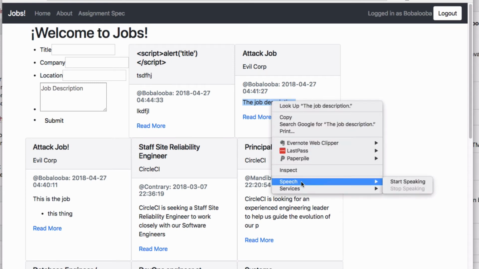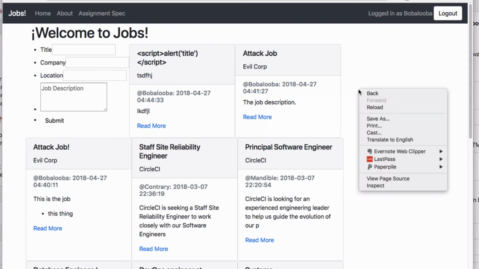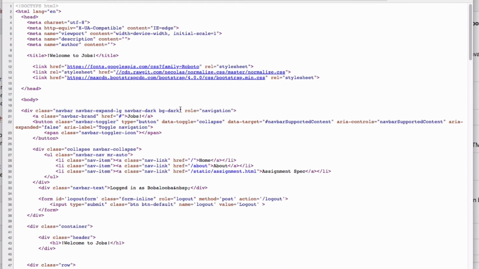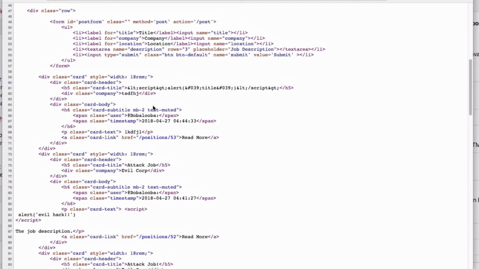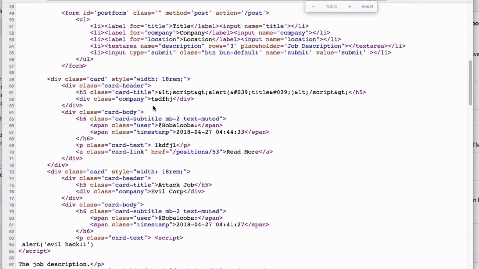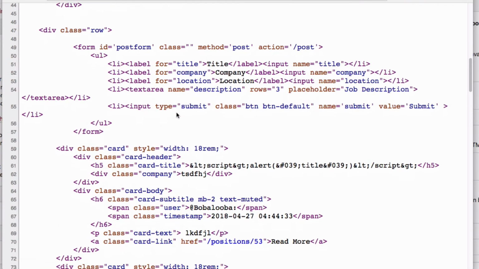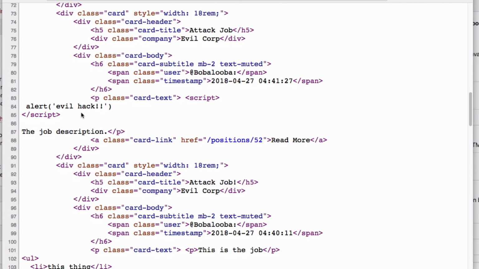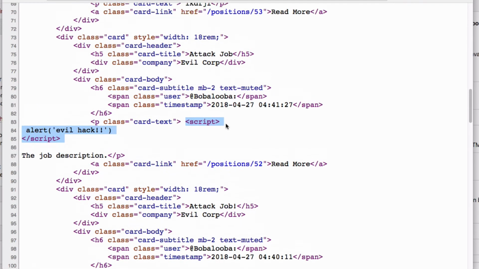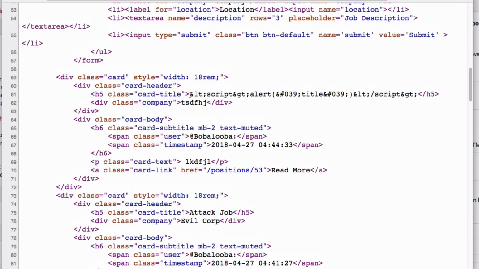If we go and have a look at the page source that we're delivering, let me make that a little bit bigger. You can see here that for the evil hack, here you go, here's the evil hack, we just inserted exactly what was typed in the page. But in the case where we actually protected ourselves from the evil hack, what we've done is